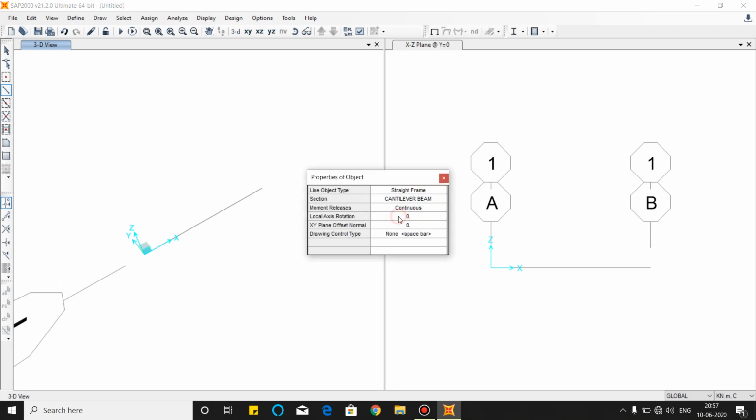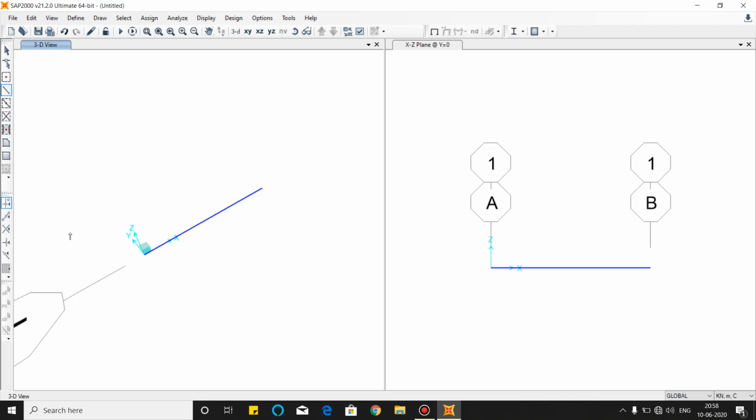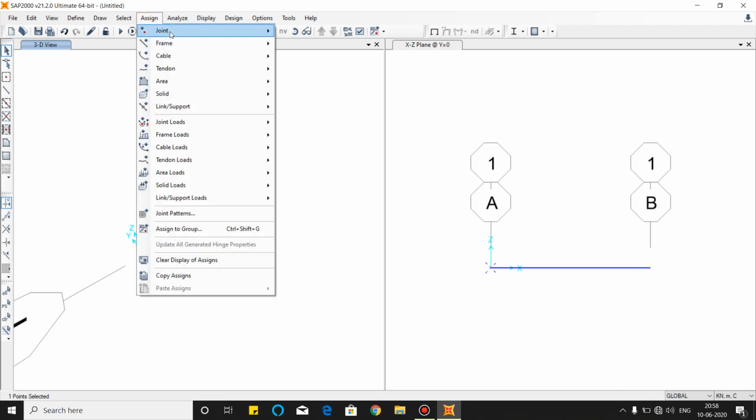When your frame is created, click on the draw frame. When you click the draw frame, this type of arrow is created. Select section, click on the nodal points, and then right click. Okay, our cantilever beam is created, and then click escape to remove the command.